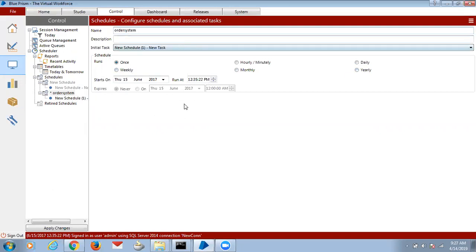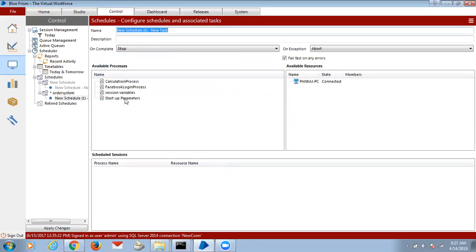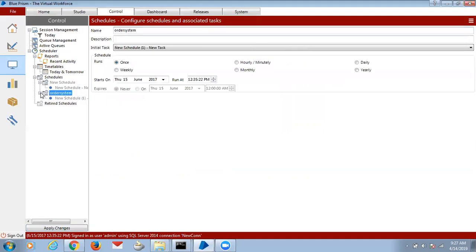All these things will be done by the bot controllers. If you have knowledge of this, it will be an advantage to your profile. You give a starting date and an end date. After that, you click on this task, where you add your process and how to execute it, like this is your resource and this one has to be run. Apply changes. That's it, you are done with the system scheduling. But scheduling won't run on our personal laptops or PCs. It will run only on VMs, virtual machines only.